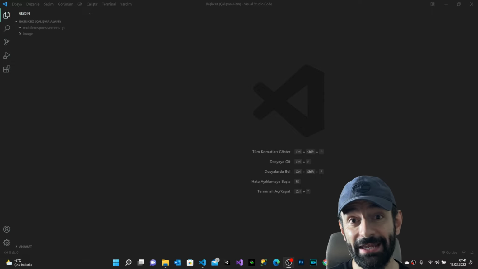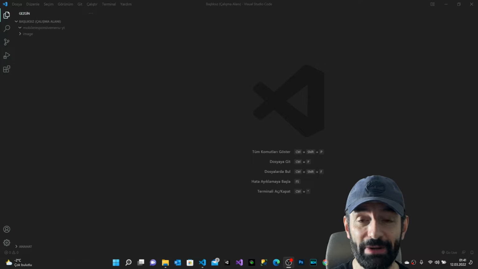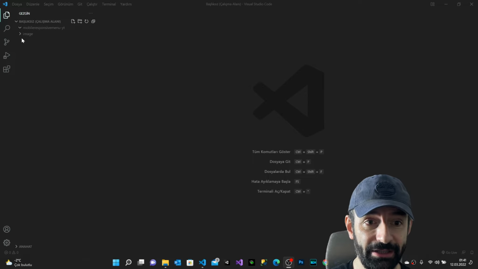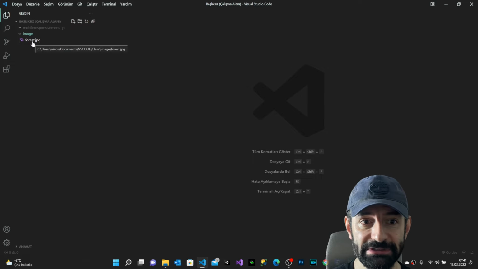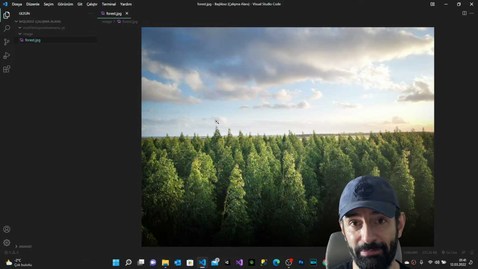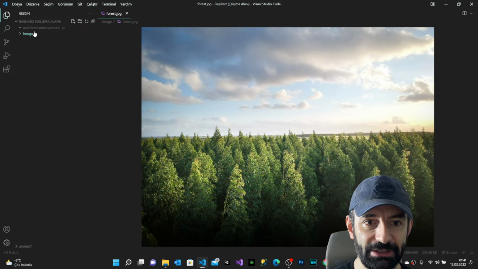So I create a new project on my VS Code, and I named it Mobile Responsive Menu YouTube. And here I add an image folder, and I put inside an image of a forest, which I had downloaded from pexels.com. You can find there a bunch of different variations of forests or whatever you desire. Okay, let's jump in also and create our